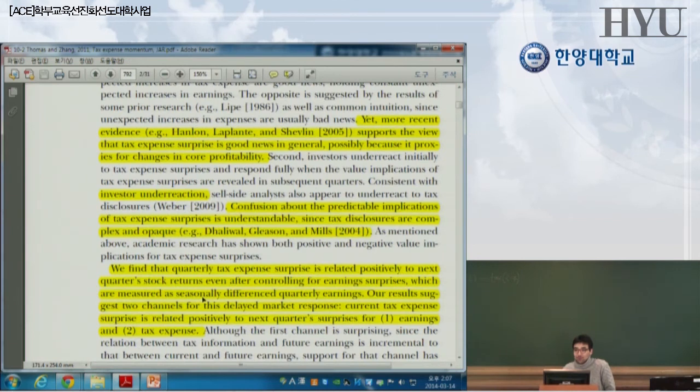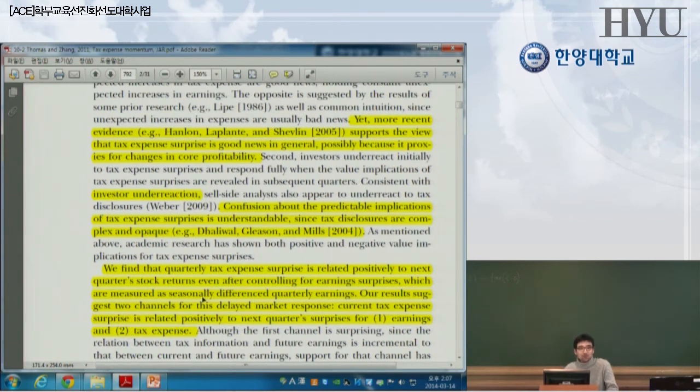그래서 예전에는 사람들이 회사가 텍스를 많이 냈다는 게 나쁜 뉴스라고 생각했어요. 왜냐면 텍스는 비용이니까요. 회사가 돈을 벌고 나서 텍스를 많이 내면 당연히 비용이 많이 나가는 거잖아. 그리고 아까 얘기했던 텍스 수입도 그만큼 반영이 돼야 된다. 이렇게 옛날에는 생각했습니다. Yet more recent evidence supports the view that tax expense surprise is good news in general,